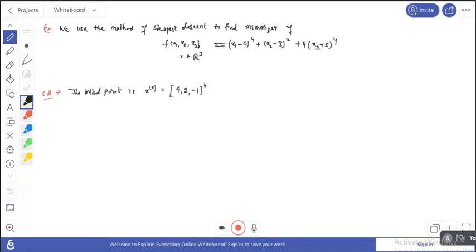Okay, so we don't know what is the minimum value of that function. So that's why we take any value. Or you can choose 0 0 0, or 1 1 1, or 1 0 0, or 1 0 1, or 0 0 1, any one. Okay, so now we perform